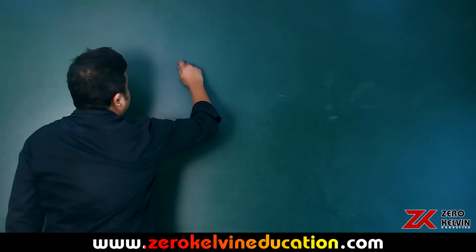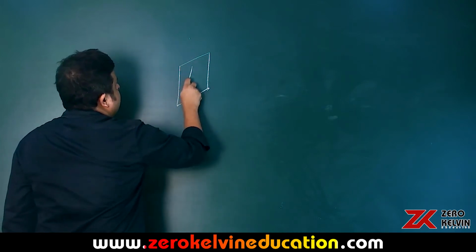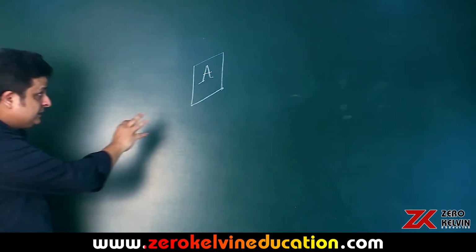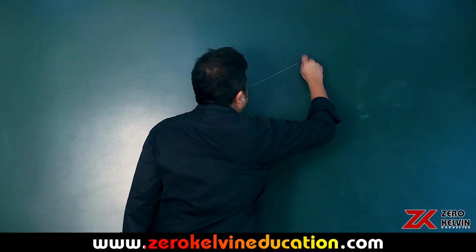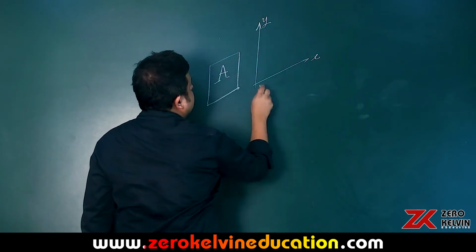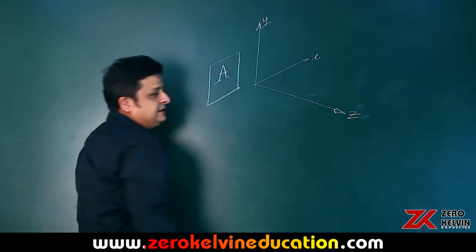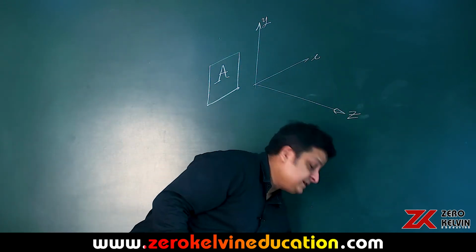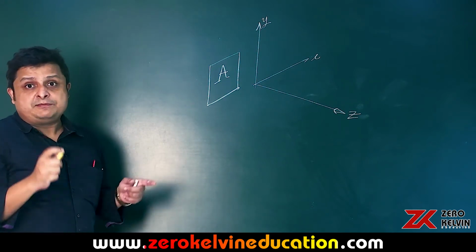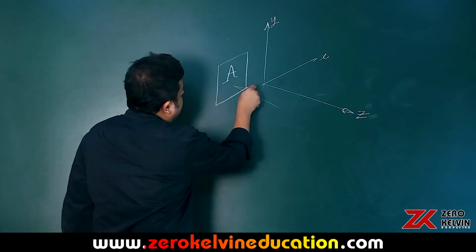So suppose you have an area here. So area here is A, and say this is in the XY plane, right? Please follow the 3D diagram. This is X axis, Y axis, X, Y and Z as they say. So X, Y and Z like this. So this area A is in the XY plane as you can see, and the pressure is acting like this,